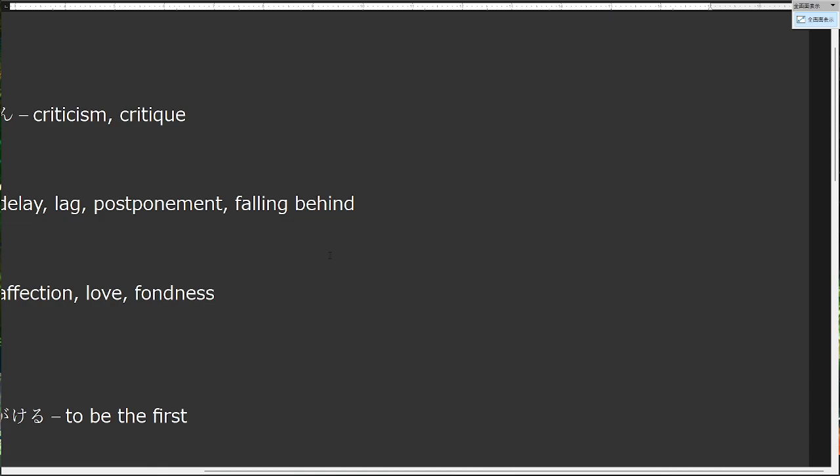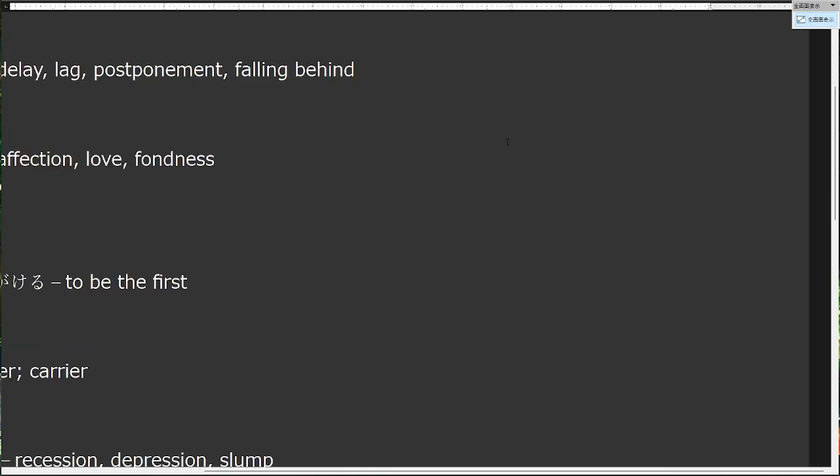Just do that, dummy. Our first word of the day was a criticism or a critique with hyoron, or an argument, or a kind of theory about some evaluation or criticism of something. Hyo on the left side for an evaluation, and ron on the right side for an argument.